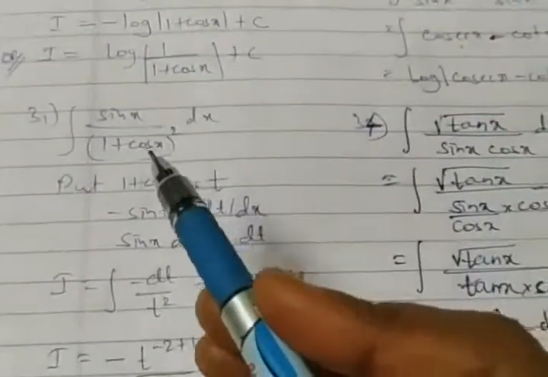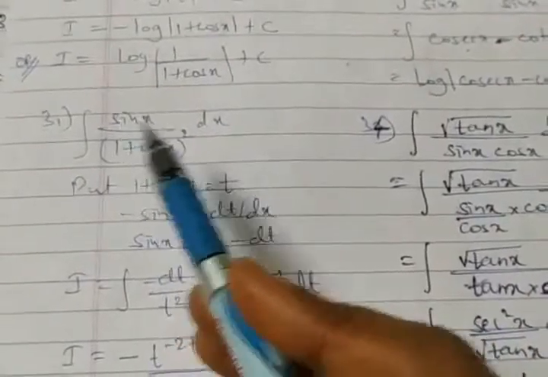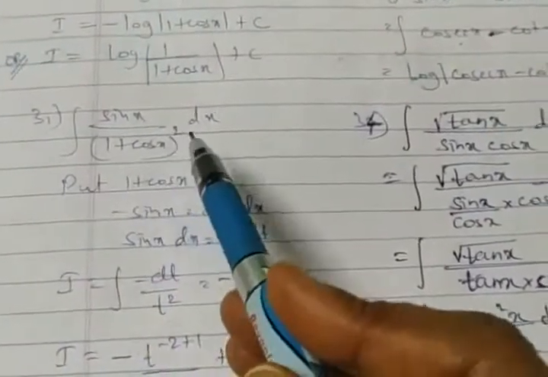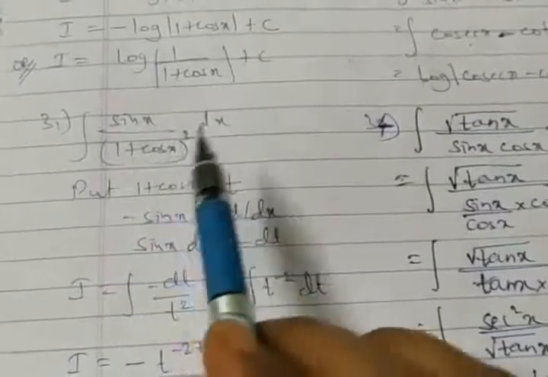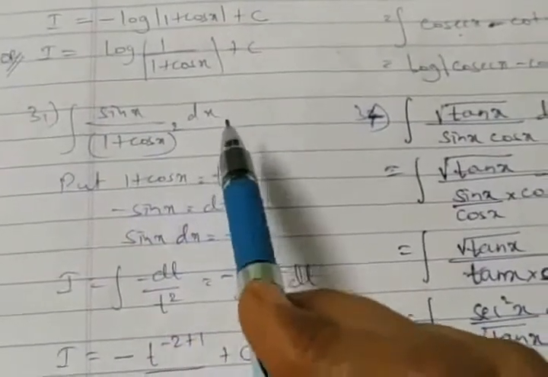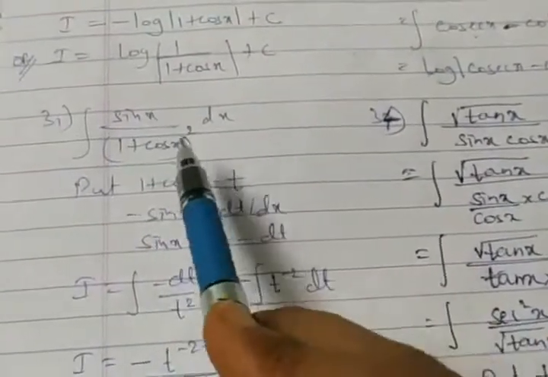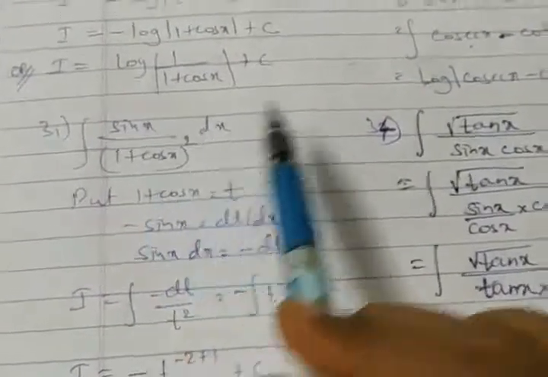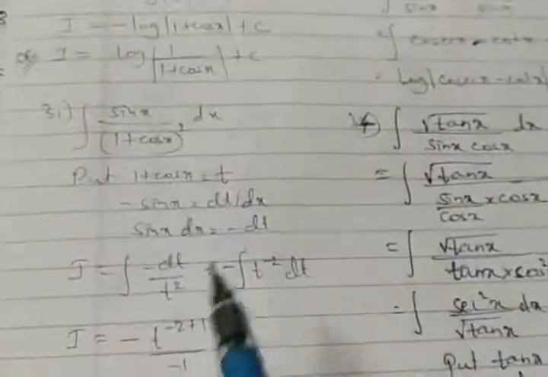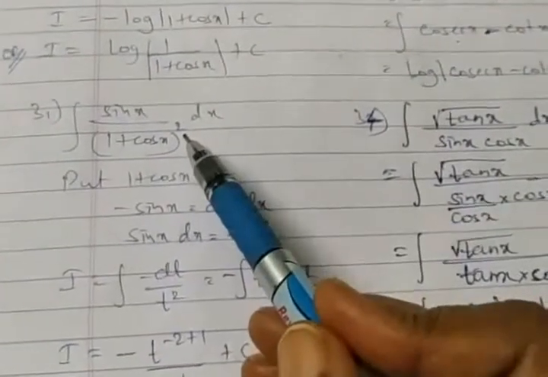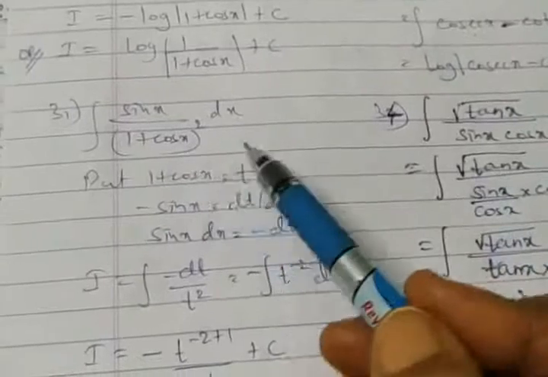Let's move on to the 31st question. Here we find sin x upon 1 plus cos x whole square. Now here definitely I would not like to go for a chance of multiplying by 1 minus cos x, because the power is square. Here I will not go for this method which I just now justified. In this method there is no chance because power is 2. Even if you want to balance it, it's not done. In trigonometry also it's not done.